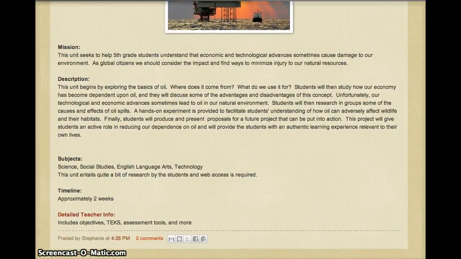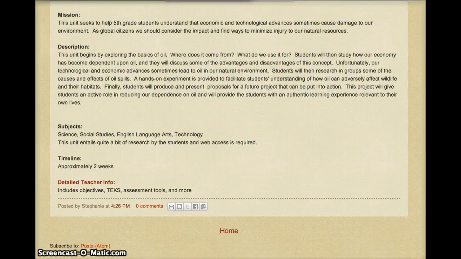I'm letting teachers know that their science, social studies, English language arts, and technology TEKS are all covered, and that this unit will entail quite a bit of research by the students and that web access is required. It's approximately a 2-week unit, and down here on the bottom I have some detailed teacher info, which takes them